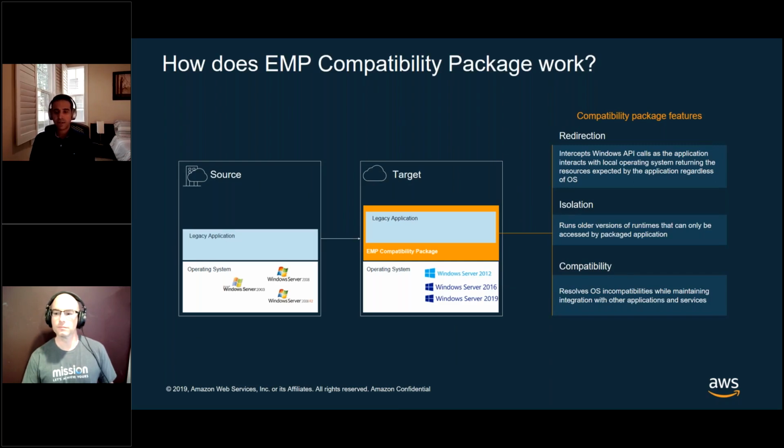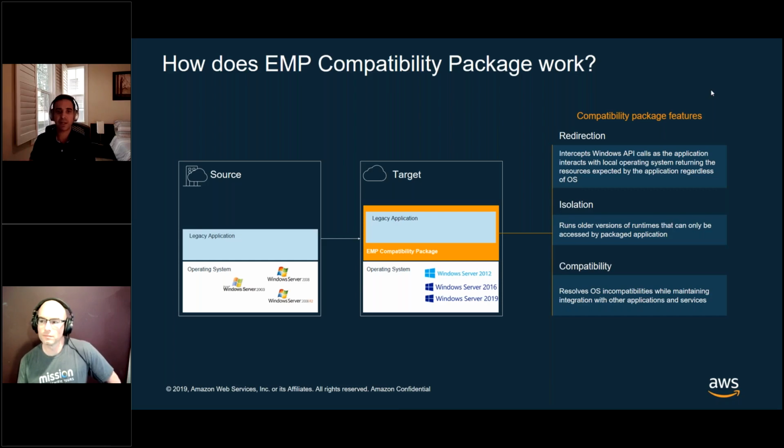So what we are doing in a nutshell is we are intercepting any Windows API calls that are happening in the setup, right? Any calls that are going to the legacy version of Windows, we are intercepting those calls, and we are offering those resources to the application from within the package itself.